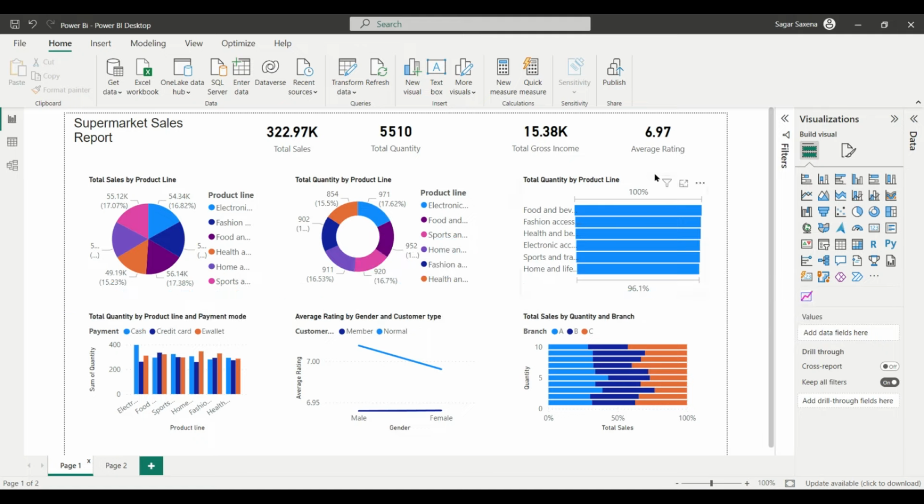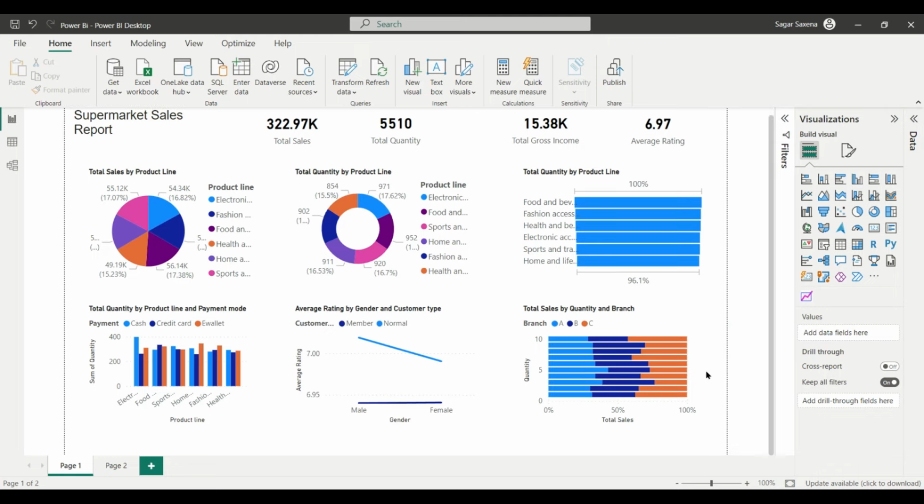We'll need to just align these visuals. We have some card visuals, we have a donut chart, a pie chart, a funnel chart, a bar chart, a line chart, and a clustered bar chart also. So we just need to align these charts and card visuals, and also we'll do some visual dimensions in that. Okay, so first what we have to do, we will